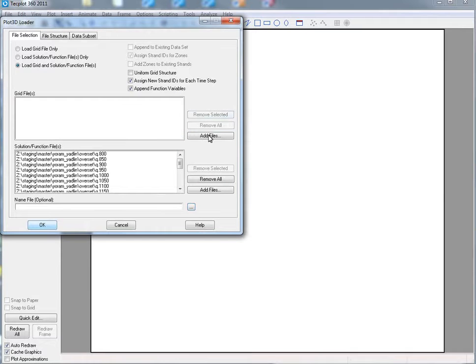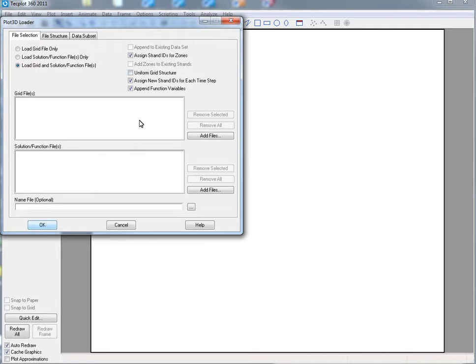Now I'll go ahead and remove these just for a moment. And we have a couple of options that we added. Number one, you can add multiple solutions and multiple grids, which means that you can have a grid for each time step, which is helpful if you're looking at moving body problems. If those grids are uniform, you can have a uniform grid structure, or in the case of OVERFLOW, oftentimes you